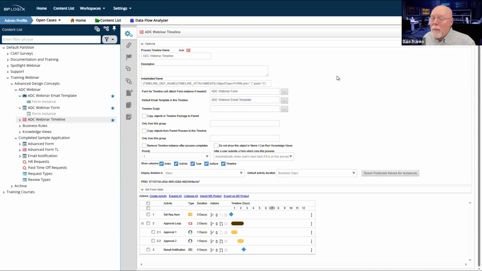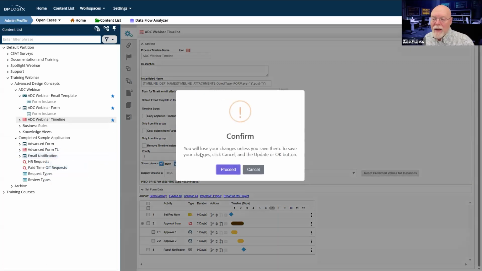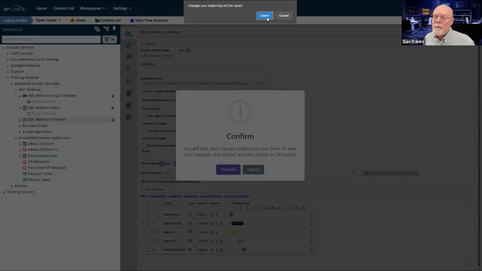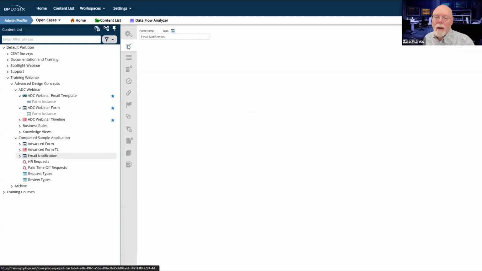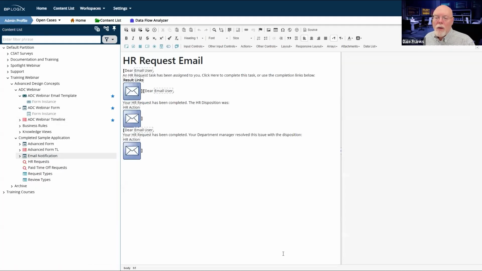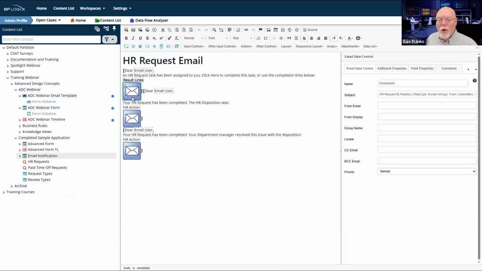So what we recommend, where possible, is for you to create an email notification that looks more like this one, which has multiple sections in the email template. By the way, one thing I forgot to talk about, and I suppose I should talk about since we're here and we're seeing three of them, is this control right here that has the big envelope on it.